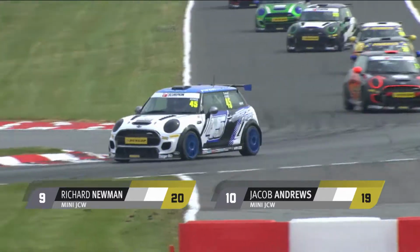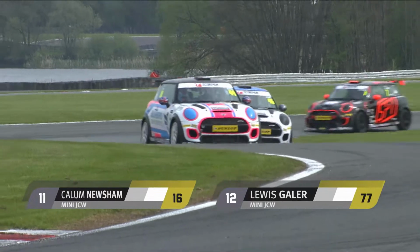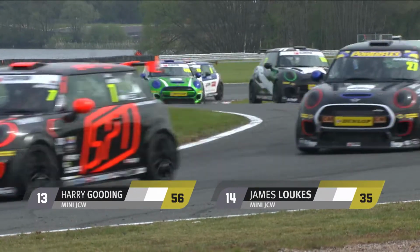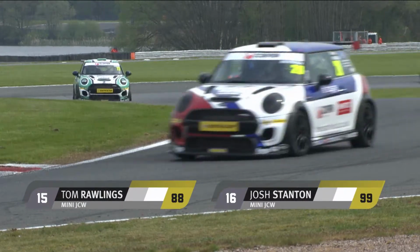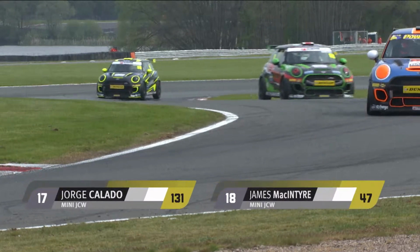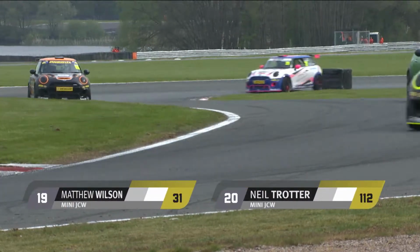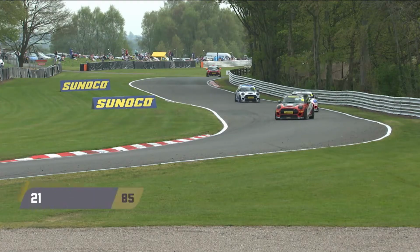For this second encounter at Oulton Park, Callum Newsham and Lewis Gayler are next. Callum, son of Dave Newsham, former British Touring Car Championship race winner. Harry Gooding and James Lukes are on the 7th row together, ahead of Tom Rawlings and Josh Stanton on row number 8 of a 26-car entry for the season opener here at Oulton Park. Jorge Collado and James McIntyre next, then Matthew Wilson, who's graduated from the VW Cup. He's got Neil Trotter alongside him, rounding out the top 20 starters, ahead of Steve King, Jack Davidson, Lewis Brown,